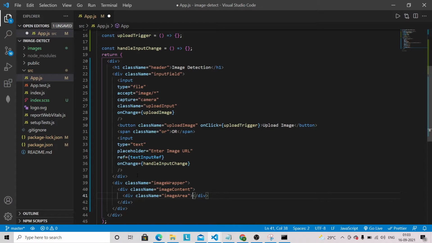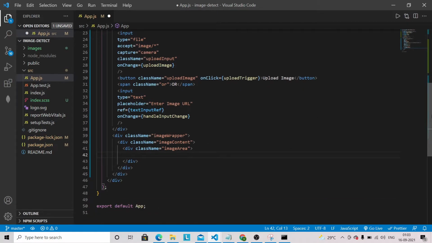And let's define here: if we have the image URL, that means we have to display that image in the image tag.